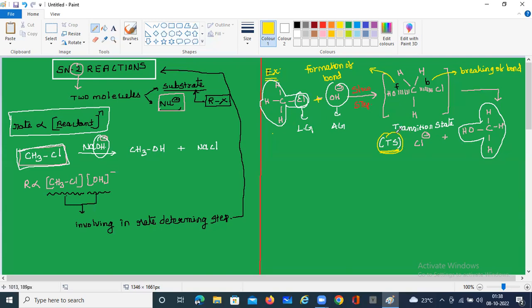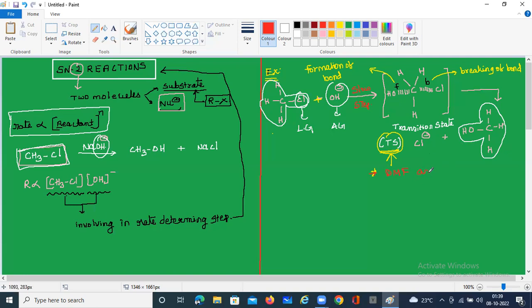So which compounds are going to favor the formation of the transition state? That is the main important point. What type of solvents can help to form the transition state? A very important point, should be noted. There are a few solvents which favor the formation of the transition state. They are DMF, that means dimethyl formamide,